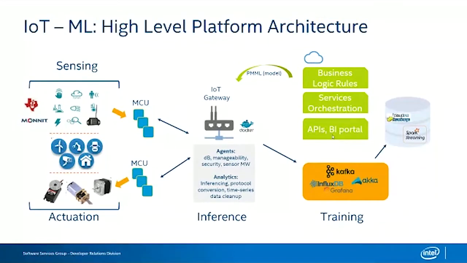So in this case, I have a data agent at the edge that goes to a database on the cloud. You have cloud data ingestion software. You have an enterprise service bus. You have cloud analytics software. You have a database at the gateway itself. You have service orchestration, and so on and so forth, right? So serving up all of these applications in the cloud, you have an edge analytics agent, which again has its own database, manageability, security, and sensor middleware.